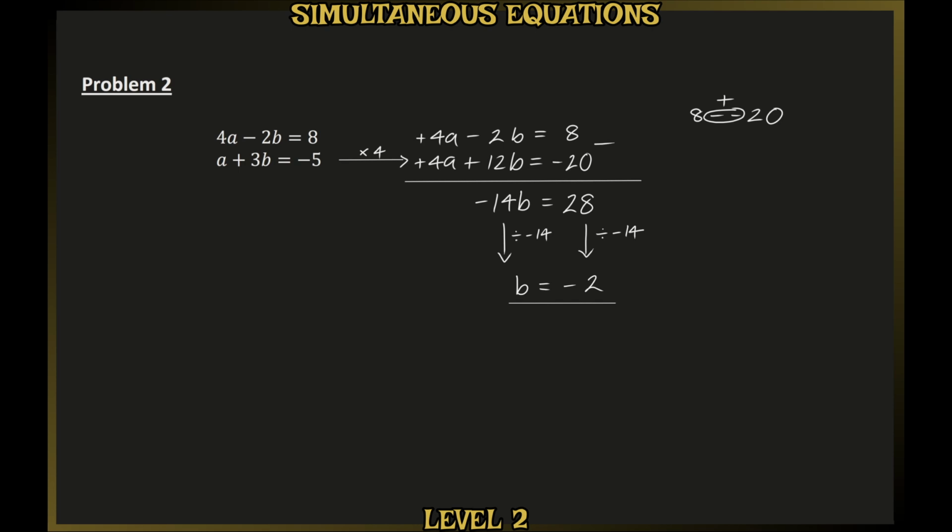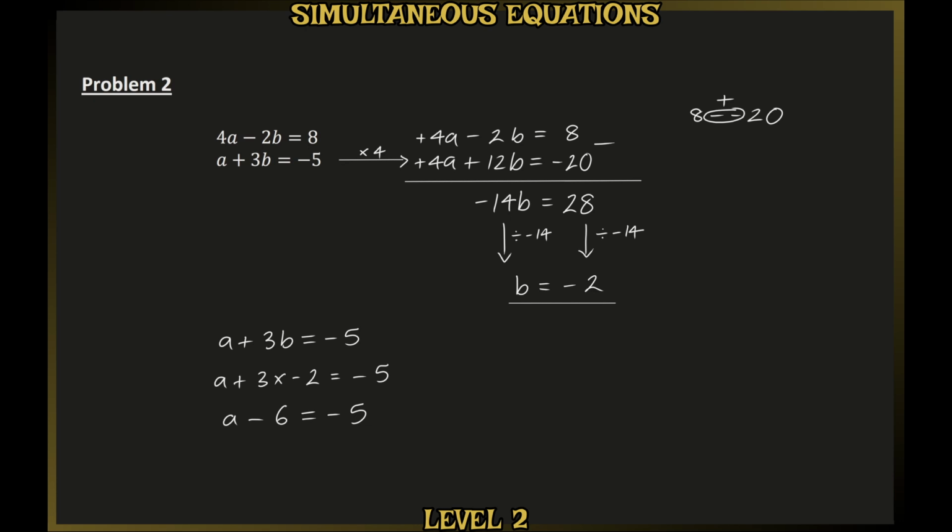To find a, we now want to substitute this value of b back into one of the original equations and then solve. Looking at those two original equations, the easier one to solve looks like the bottom one, a plus 3b equals minus 5, because this has a plus in it. If in here we replace the b with minus 2, we have a plus 3 times minus 2 is equal to minus 5. And because 3 times minus 2 is minus 6, we have a minus 6